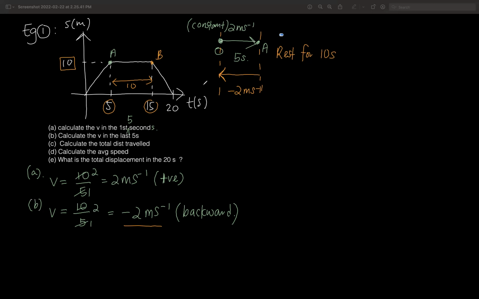If I look at the velocity, the negative will tell me that it is moving backward. If I look at the displacement, how do I know whether it is going backward or forward? You see the slope is like this here. This last part, if I draw it like this,